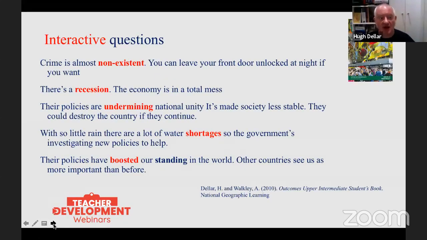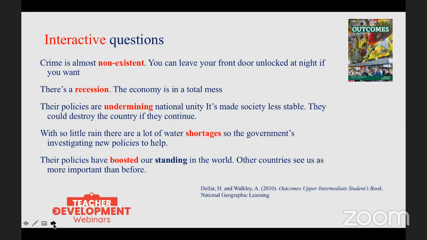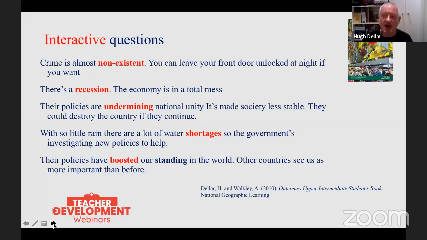So if you're doing a vocab exercise, you might see online self-study exercises which say interactive language practice. What they mean is it will tell you if the answer's correct or not and give you a little digital carrot to gamify it and make it more interactive. Well, for me, when I'm teaching online and I'm checking something like a vocab exercise, I make the language interactive through the questions I ask.